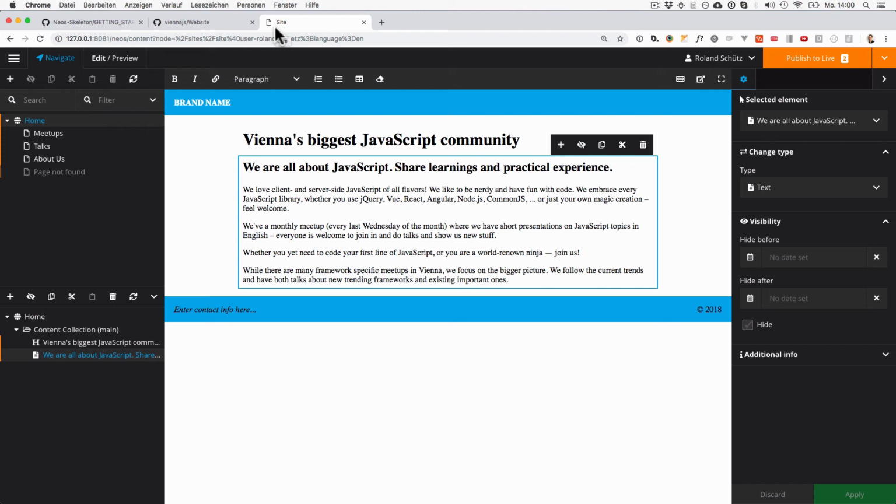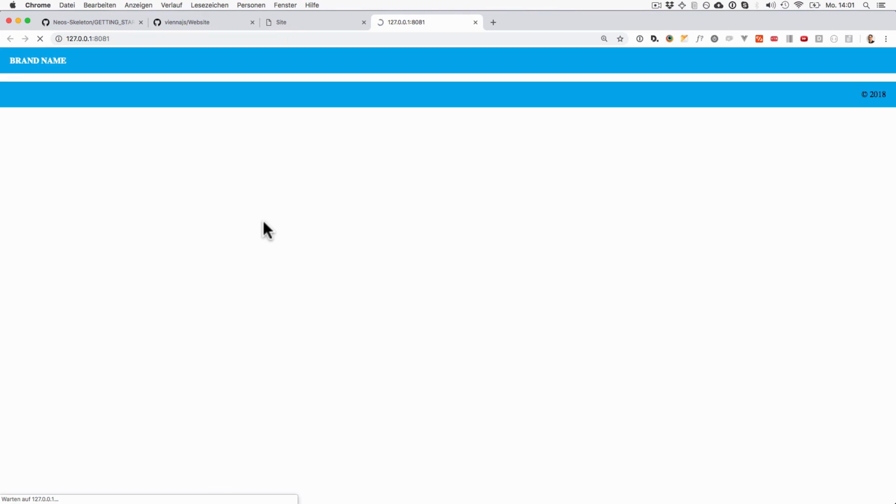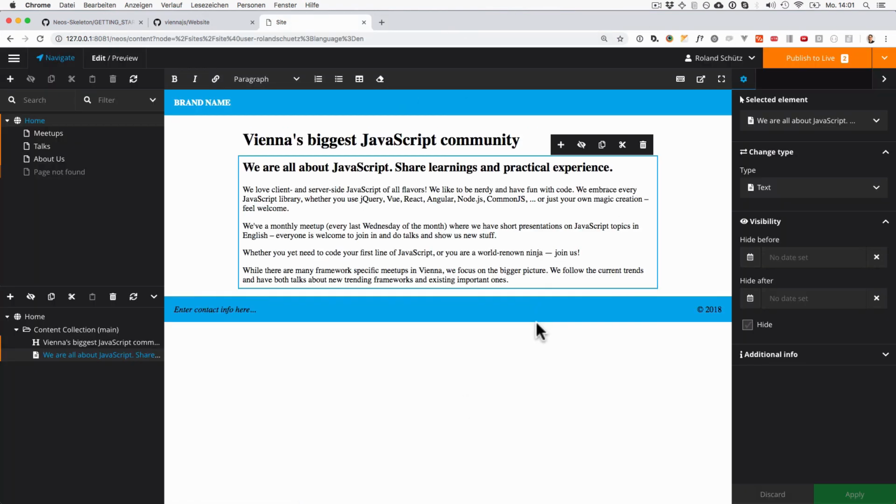Something which is also really important for you to notice is you can see right now there's a lot of these orange things, and if we open the website, you'll notice there's still no content here. So Neos has a publishing workflow. So normally if you edit something, it's only saved to a current user, and you have to actively publish those changes, and then they appear on the live site, which is great for later if you want to work on something